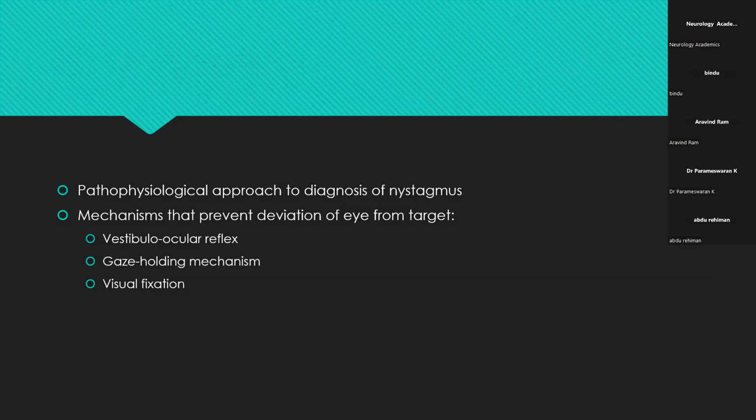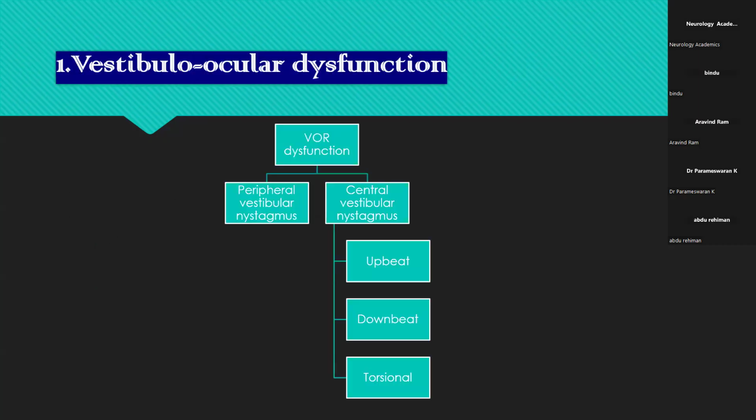So I'll be taking a pathophysiological approach to diagnosis of nystagmus, and mechanisms that prevent deviation of the eye from target are usually involved. The most common mechanisms include the vestibulo-ocular reflex, the gaze holding mechanism, and visual fixation. Coming to the first mechanism, which is the vestibulo-ocular dysfunction or VOR dysfunction, based on which it is divided into peripheral or central vestibular nystagmus, and central